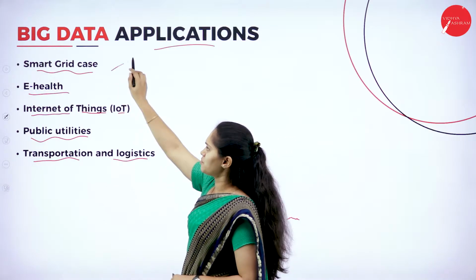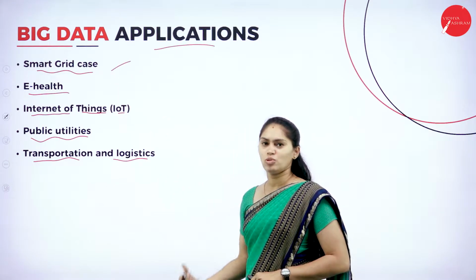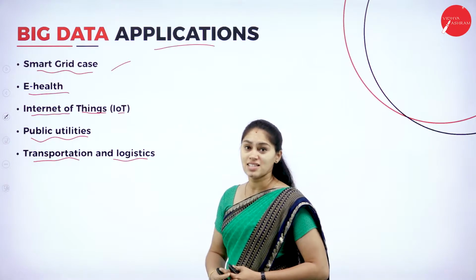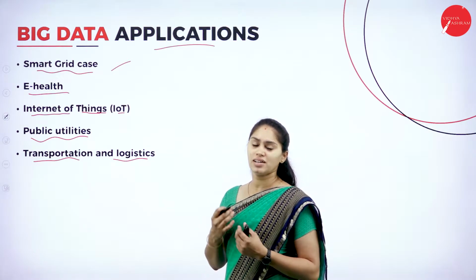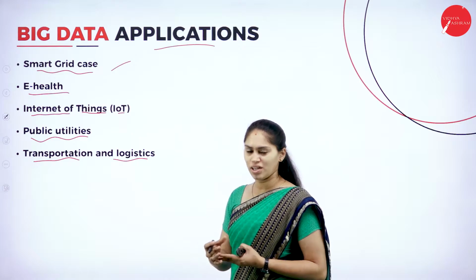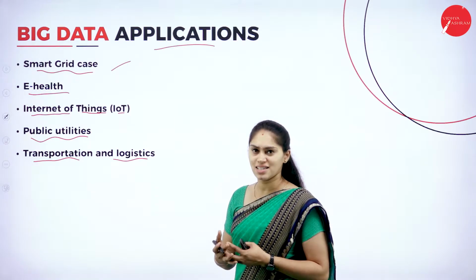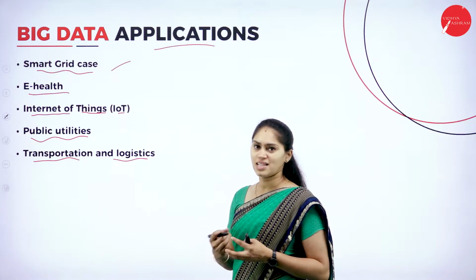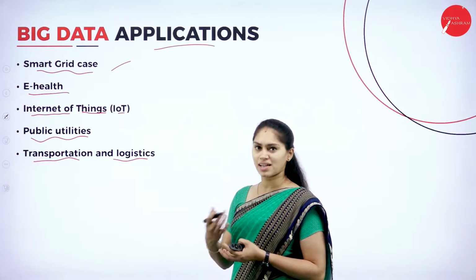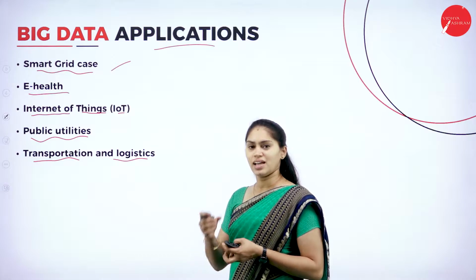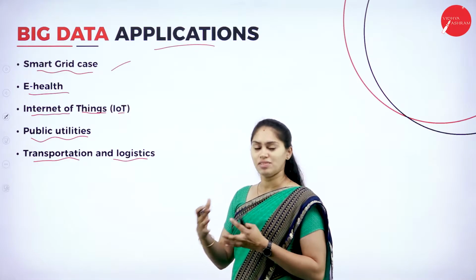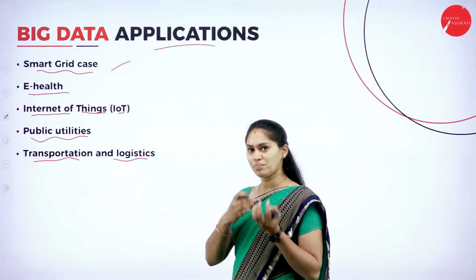If you consider the smart grid case, it is related to national power consumption. It will have a concern regarding how many units are going to be transferred from one transformer and how the electricity is managed or utilized in an efficient manner. Any malpractice taking place, is anyone taking an unwanted channel or taking current from the transformer.